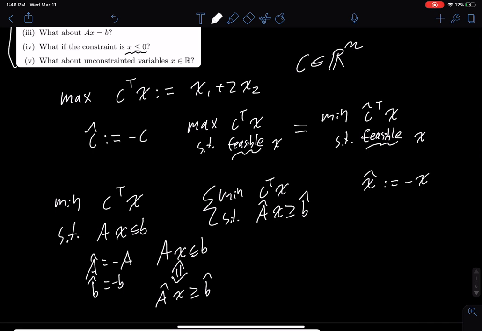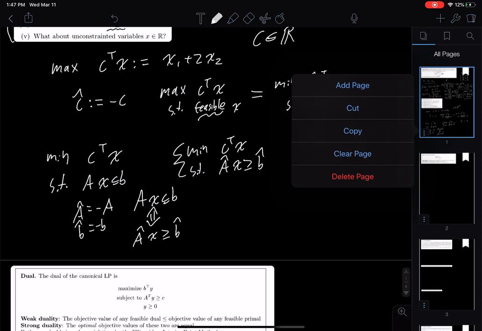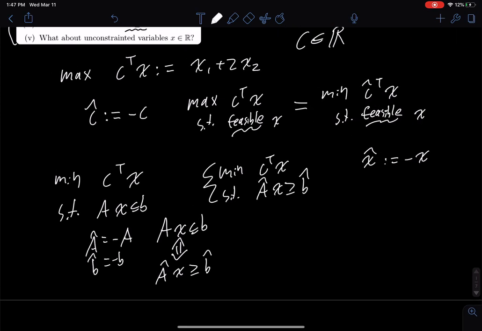And if we're careful, we can actually rewrite our linear program with our negative x's. So I'll write out the transformation we're going to be looking for here, where our problem initially is going to be that we have a linear program of the form minimize C transpose X such that AX is greater than or equal to B, but X is less than or equal to 0. Well, we can show that this is equivalent to